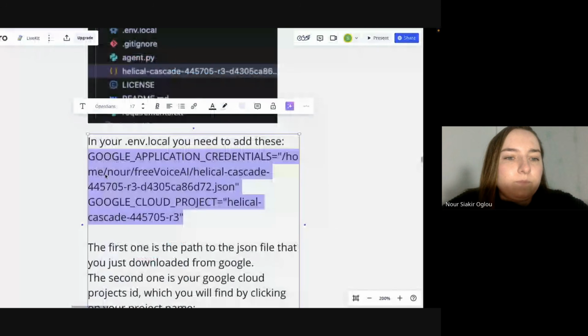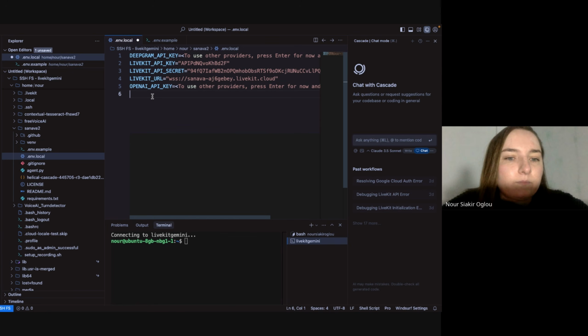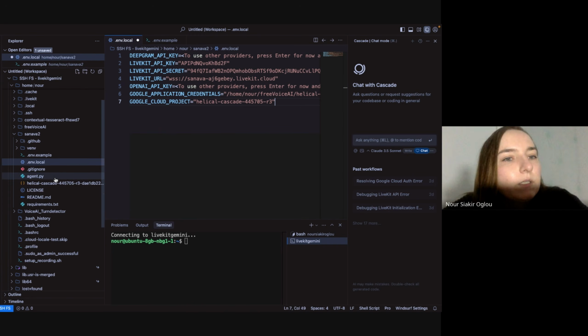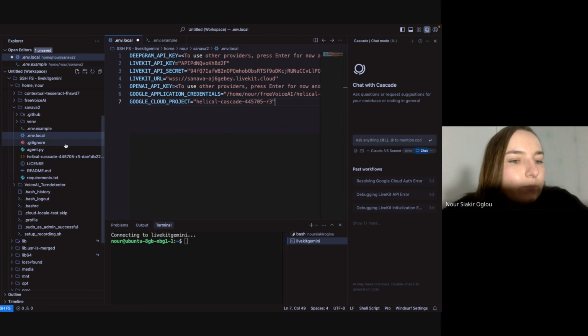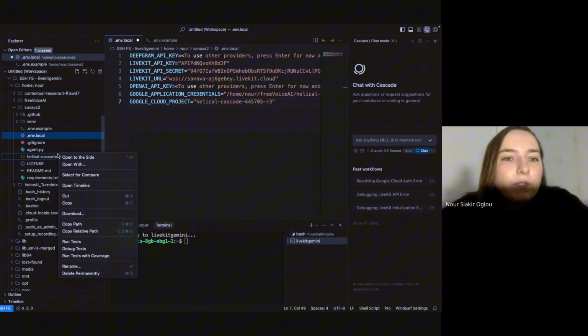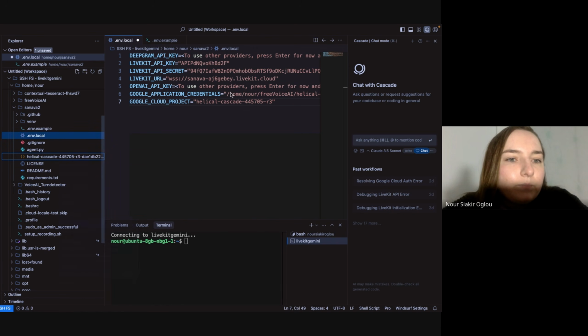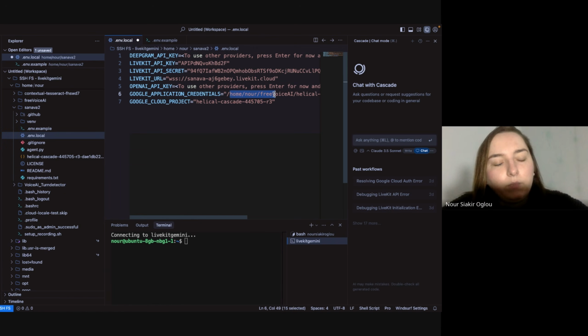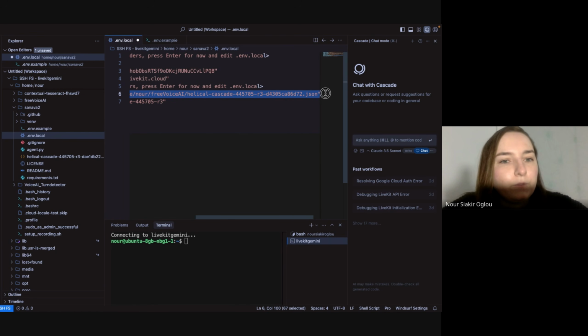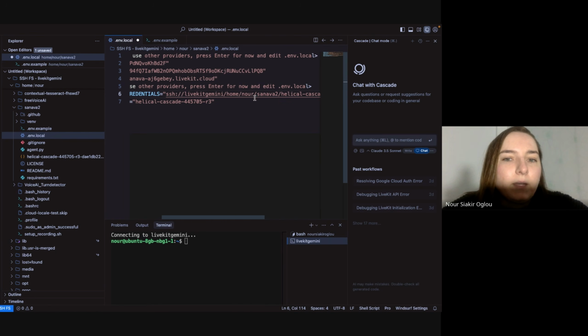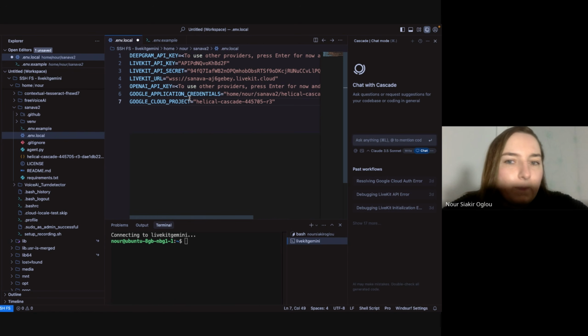Now we have this file here, which is our environment variables. These are just our API keys. And first of all, we need to define the path of our Google API keys. So we just copy the path from here